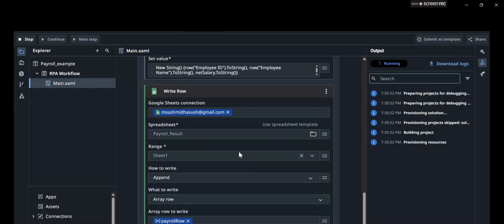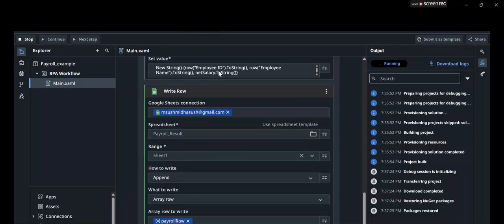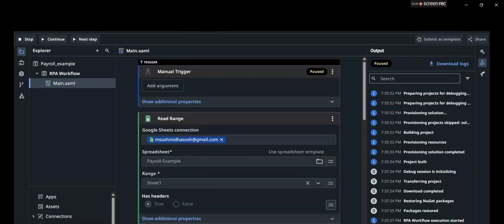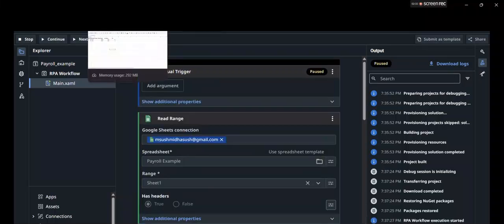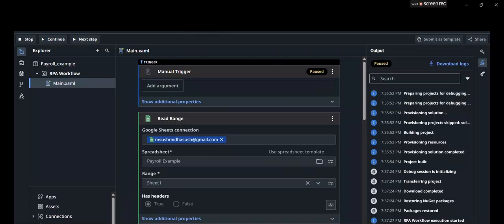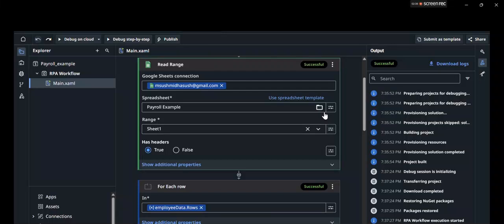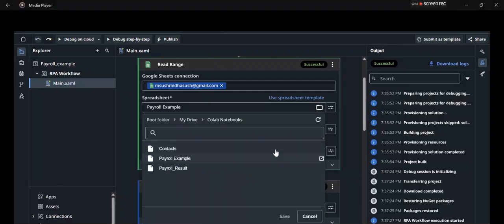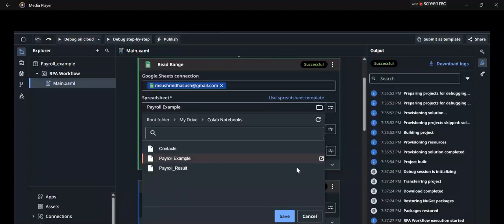Make sure that you save all your progress, and on the right hand side you can see the process is running very smoothly. Make sure that no error occurs in your robotic system of the RPA workflow. Once everything has been successfully completed, you can see a success tag attached to your output result side. And here it comes.